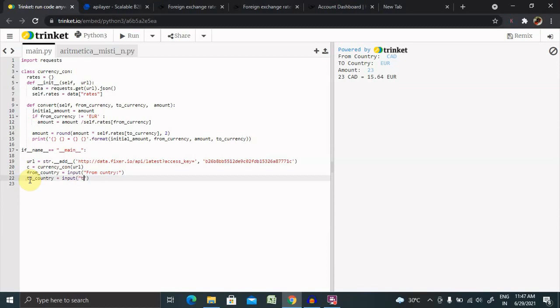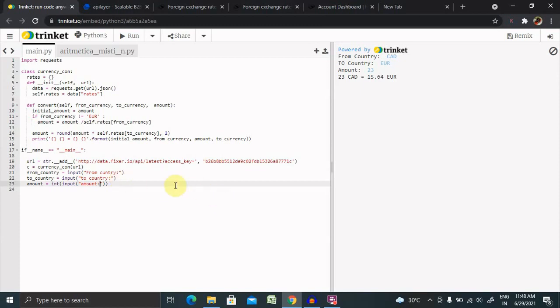Here the text would be to country and colon. Third input we want for amount. So amount equal to input. So it will be an integer, then input, and this will give us the amount text here.